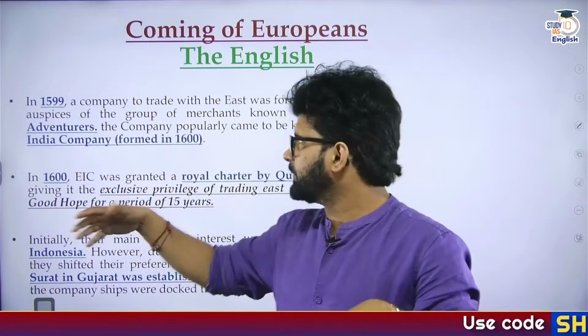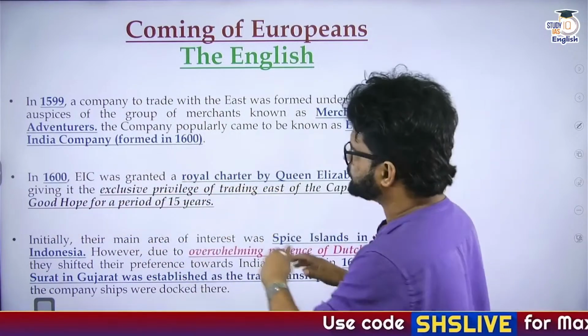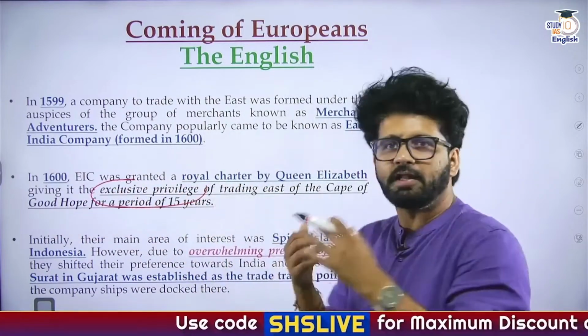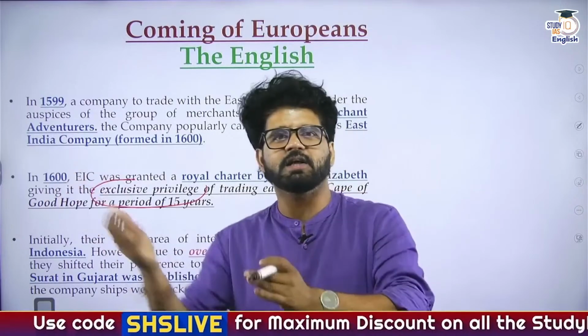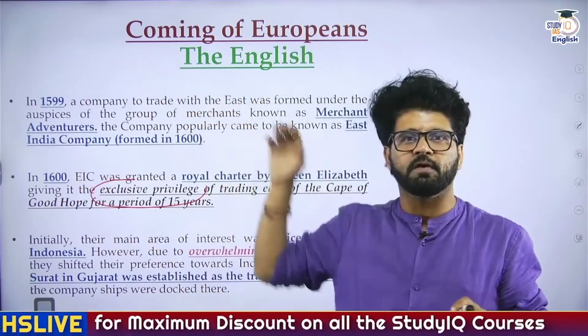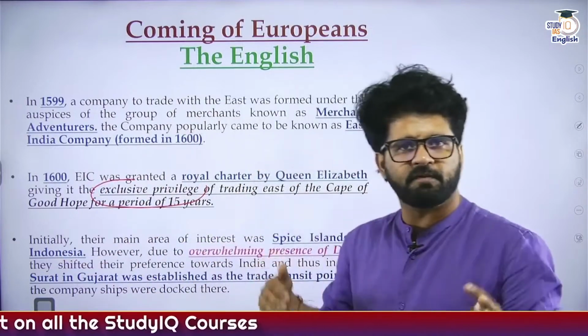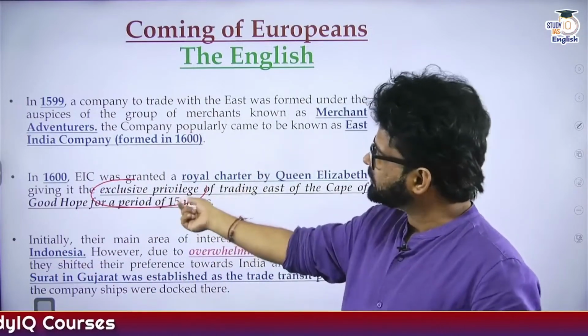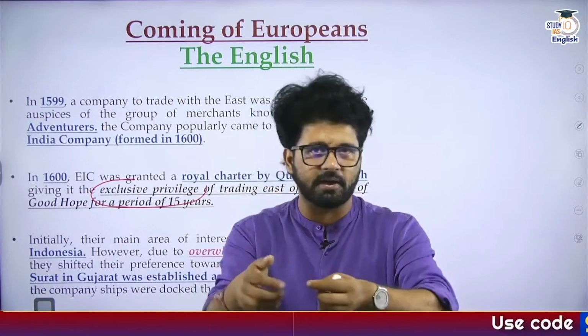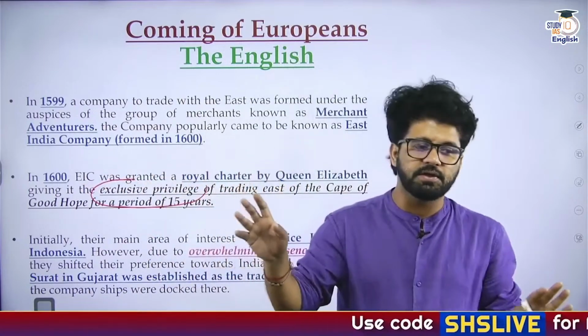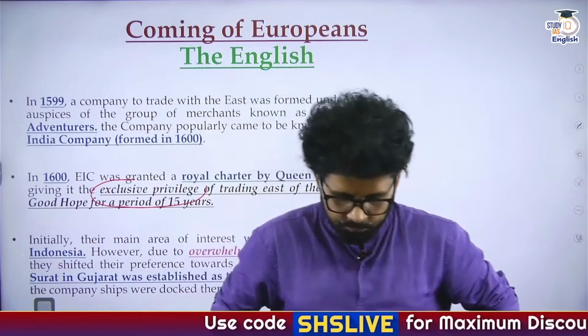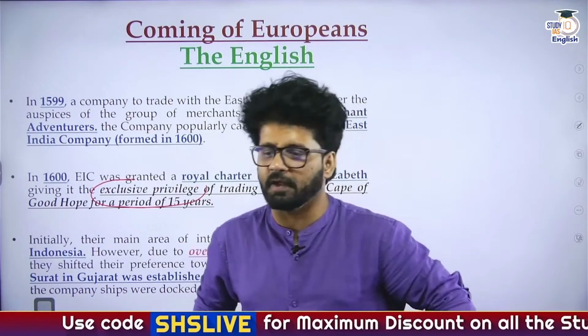So whenever these companies went to a particular place, they always wanted exclusive privilege so that they could acquire enough profits. Otherwise, what is the use of me going to India and taking 3 months to reach there and doing the trade? So give me exclusive privilege or I'm not going there. That's why this exclusive privilege, these charters matter a lot. We'll talk about this in detail when we talk about acts from 1773 to 1935, which we'll do later on.